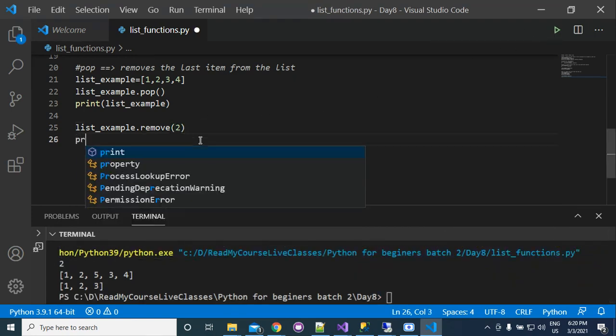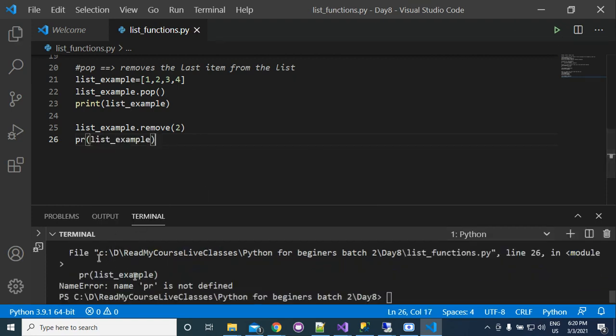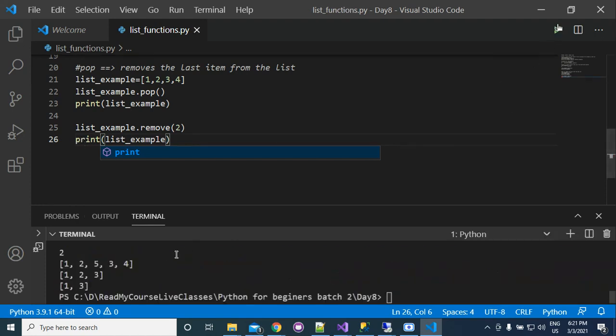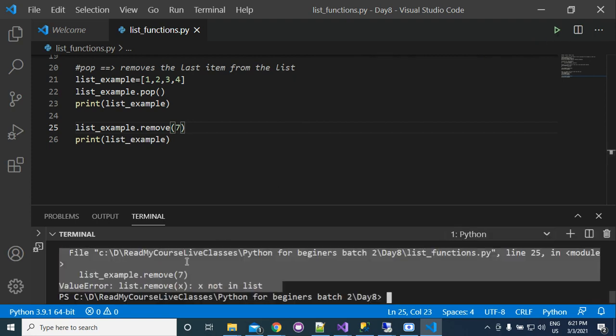Now if you print your list, you can see that 2 has been deleted. But try to delete 7, which is not present in the list. Then what will happen? It will throw an exception. So this is again not safe. The remove method is again not safe. If the item is not present in the list, then it will give you an exception.